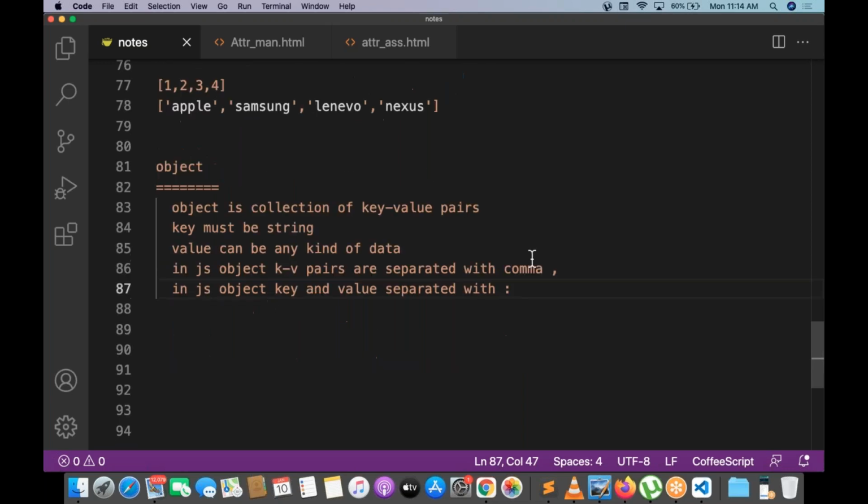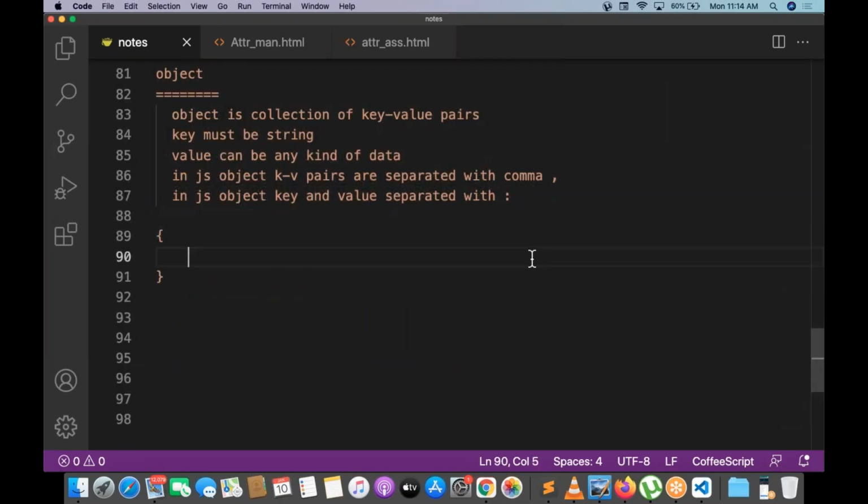Okay, let me write one syntax for the object. This is the object, curly braces open. Let me write one more point: in JavaScript, an object is described with curly braces.